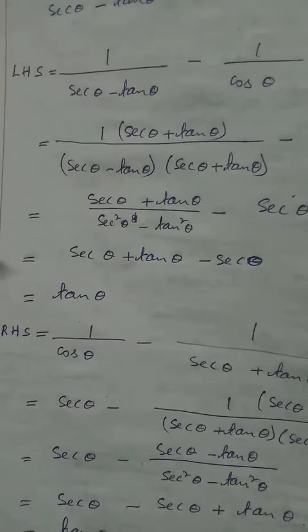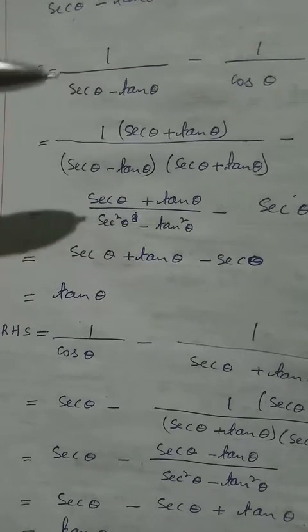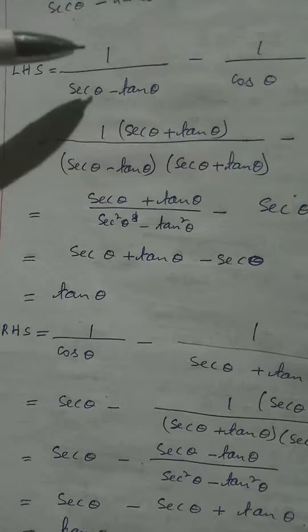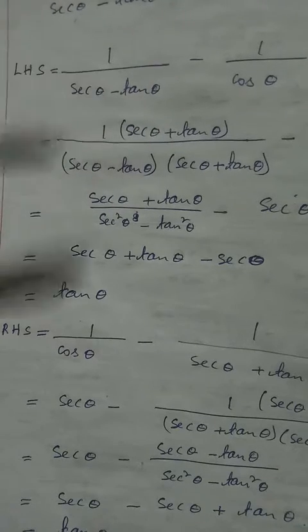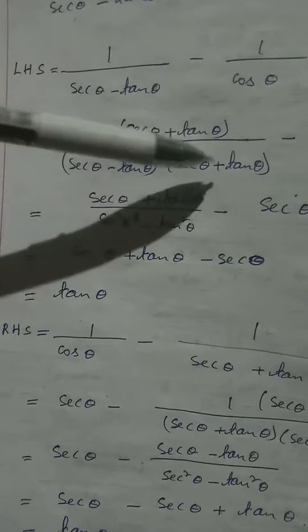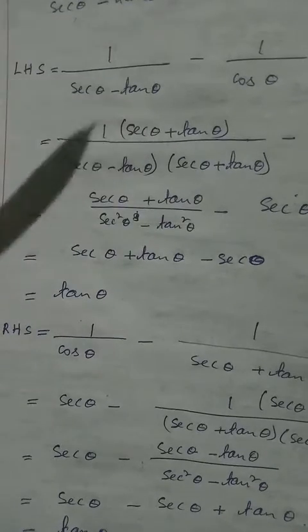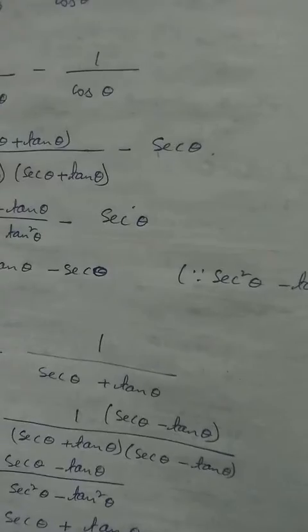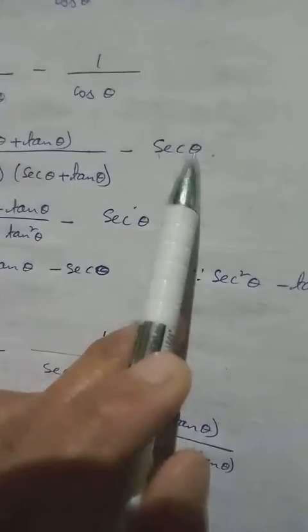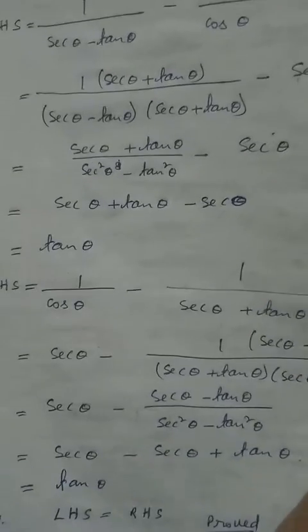Here also there is no square. We cannot apply identity. Then relation also difficult to get. So let us rationalize. We have minus. We rationalize with plus. Then the one which you put down, we also put it up. Then this one from the relation 1 by cos, we know it is equal to sec theta.